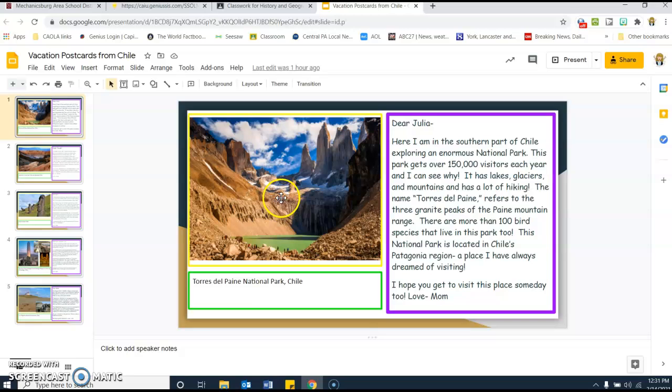So I put my picture here. You'll see on your template, there's a spot for your picture. Underneath, you have to include a caption. The caption has to identify what exactly the picture is of and where. So mine are all in Chile, but I still put Chile. For yours, you need to make sure you put the country name. And then over